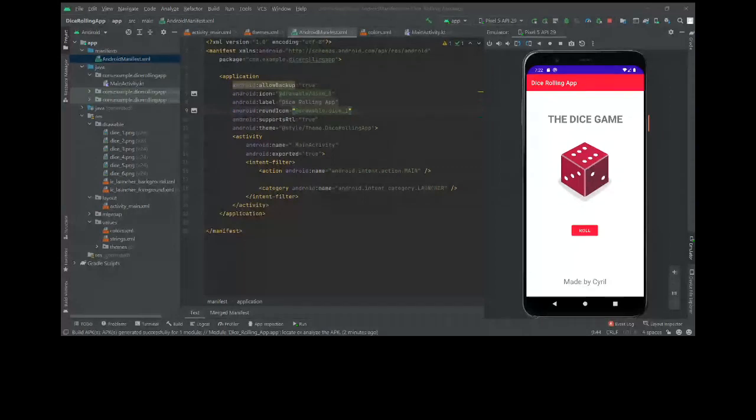Building. Google it. Issues in. Can you send the error once again? Okay, this one.